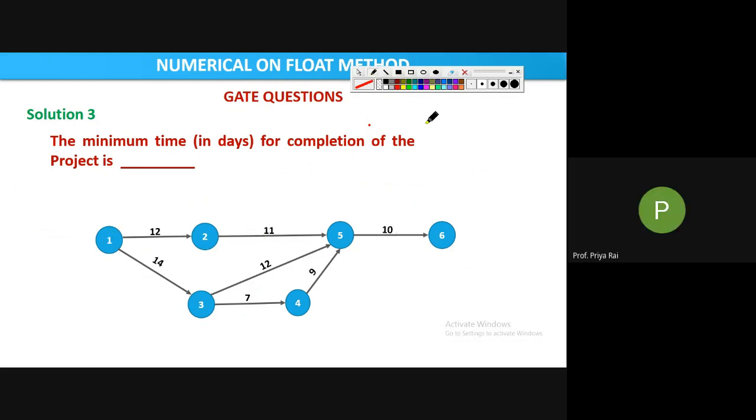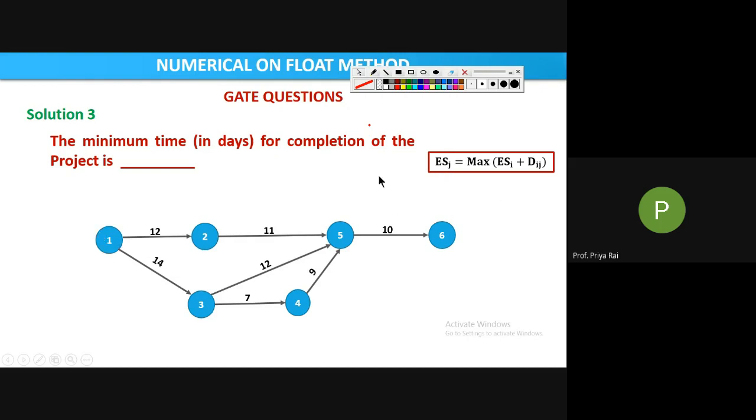See, for calculating the project duration, you must calculate the E value. E is what? Earliest start time. The earliest start time of the activity, or the event from which that activity is starting. We have to calculate that. We know the earliest start time on the last event will be your project duration. So whatever value you get at the last event, that E6 value will be your project duration for this particular network diagram. So we need to calculate the E values, which is the earliest start time.